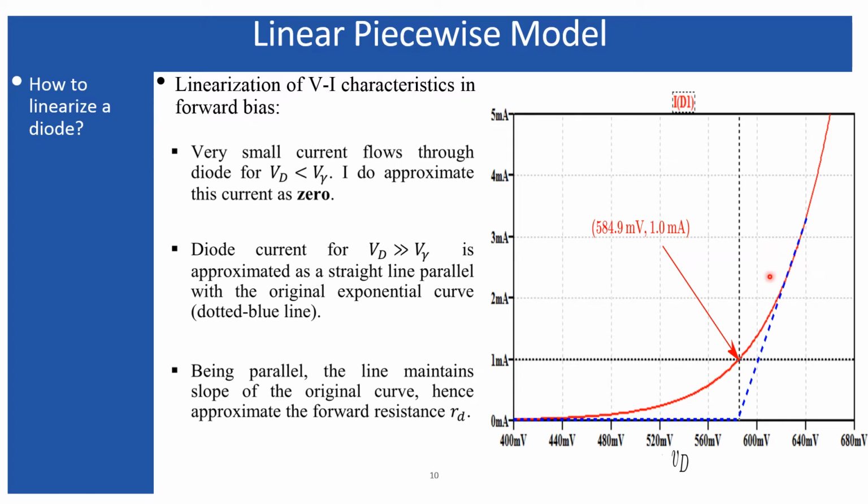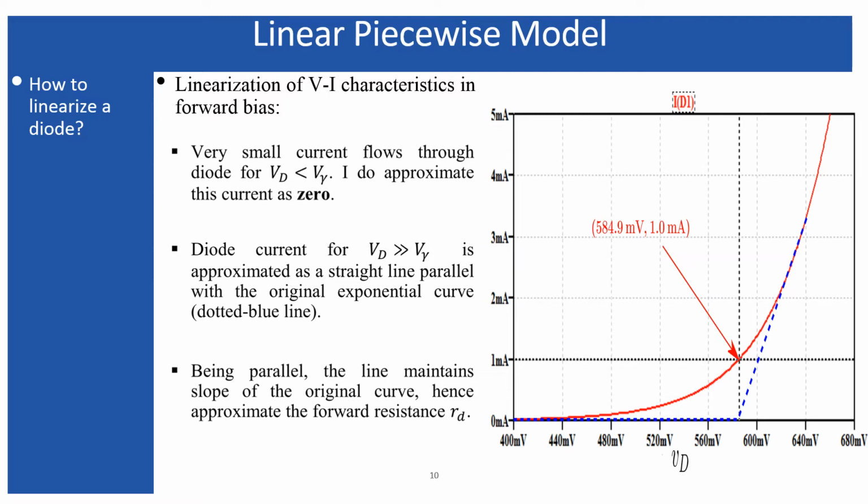So within that range of the operation, that assumption, the straight line which is parallel to the original response of the diode, will also provide a similar response as you can have from the original response of the diode, because they are merging over here. Now by assuming this thing, you are getting a similar kind of response within this particular region of the operation. Along with that, you are maintaining the same dynamic resistance as well as static resistance for the diode because they are parallel to each other.